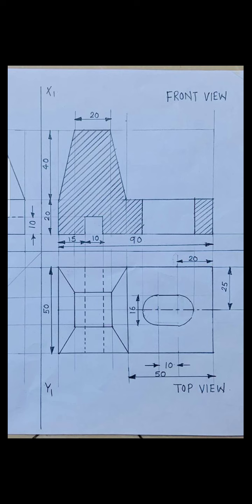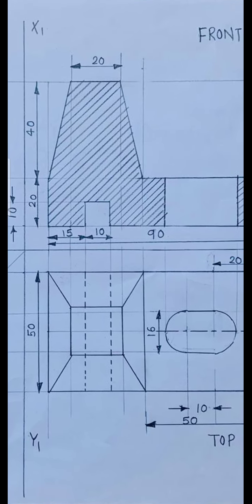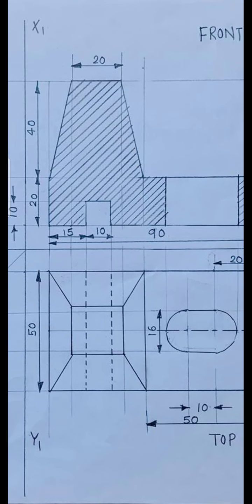To draw the hatching lines, these lines are inclined. The angle for that line is 45 degrees. While drawing the angle, there is no need to take the exact angle here. Just draw an approximate 45 degree angle and draw the drawing here. Fine. So this is the sectional view of that particular object.